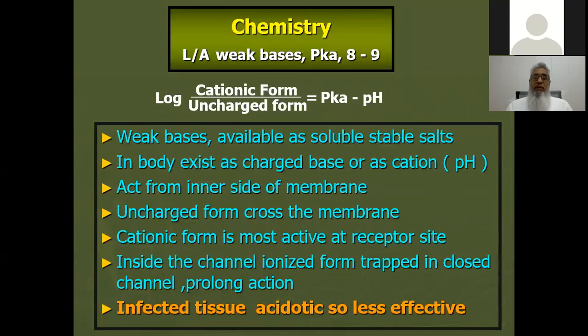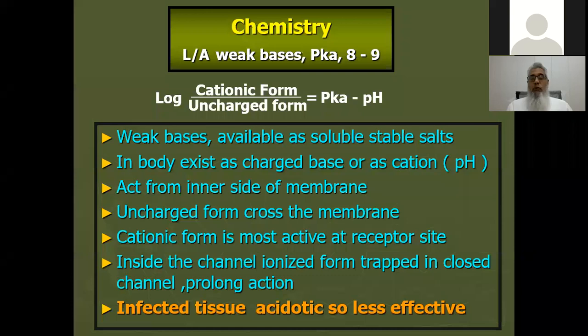The pKa is that pH at which the non-ionized and the ionized forms of the local anesthetic are equal. Whenever the pKa is closer to the physiologic pH, which is 7.4, more drug is available in the non-ionized, uncharged form, so the onset of